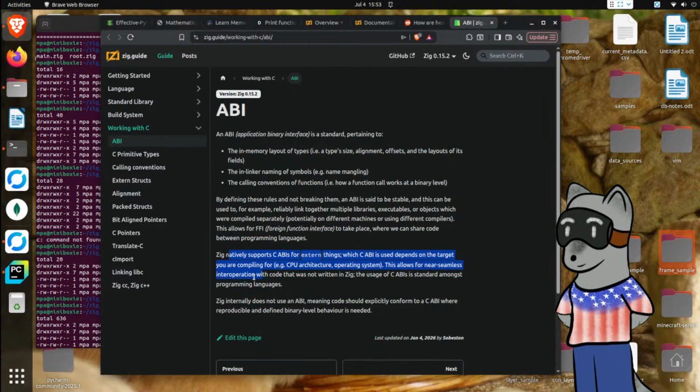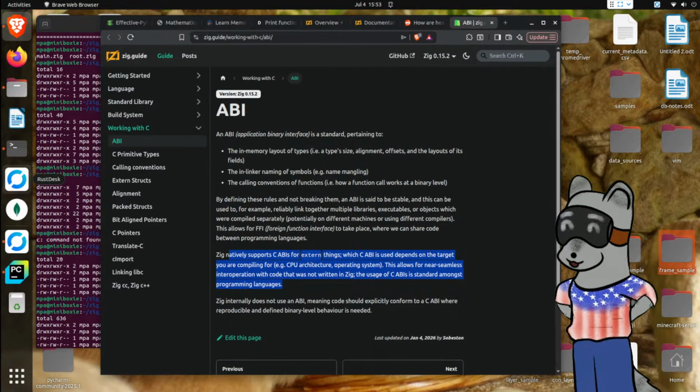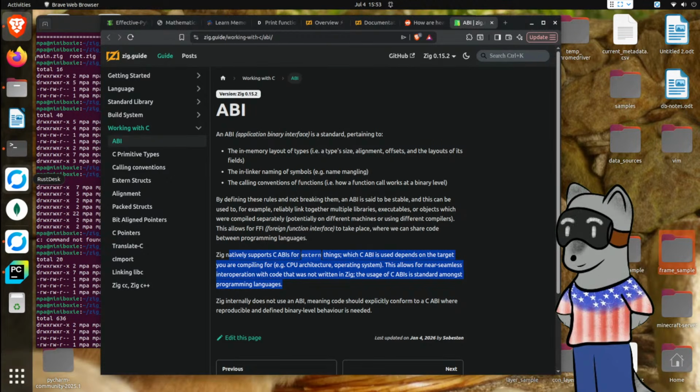This allows for nearly seamless interoperation with code that is not written in Zig. The usage of C ABIs is standard amongst programming languages. So apparently, at least we know that Zig can use C headers. All right, so with that in mind,